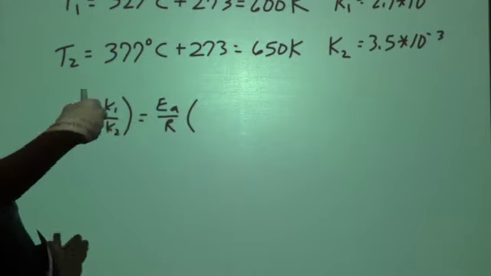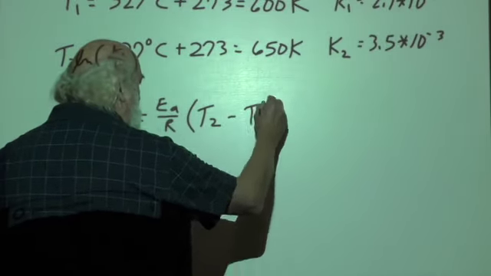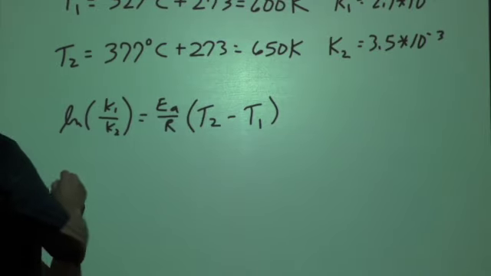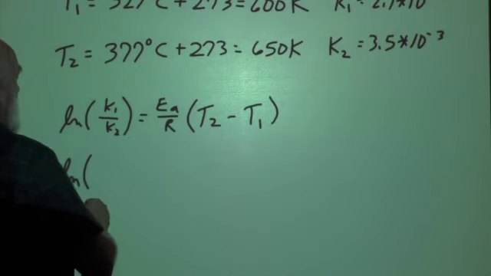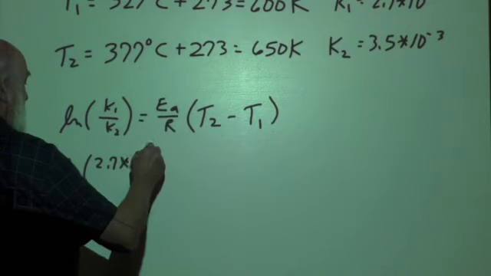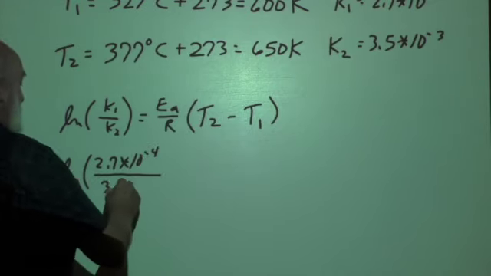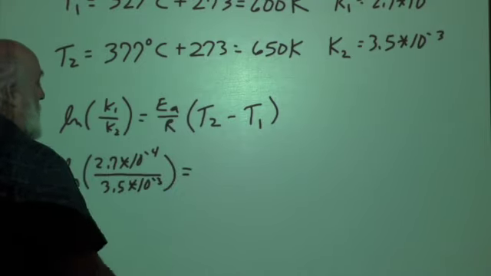So it's the second temperature minus the first temperature, T2 minus T1. Okay, so this will be the natural log of K1, 2.7 times 10 to the negative 4, over K2, 3.5 times 10 to the negative 3, equals EA,